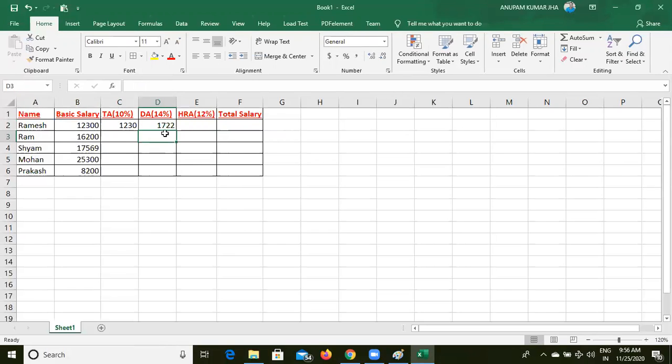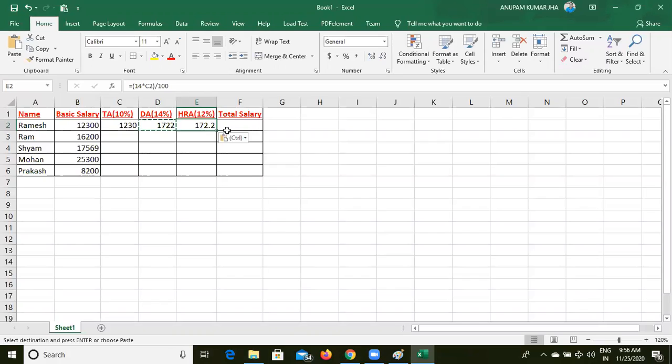This one is for DA. I am going to copy this one. This is for D. I am going to copy and paste here. It will not work. See, here 14 given, but I will change 12 also. See, C2 given, but I have to take B2. I don't want to take C2 because I don't want to update.